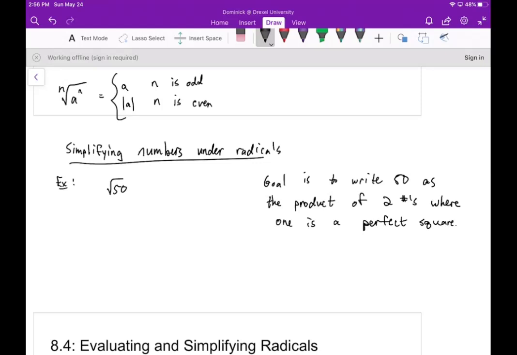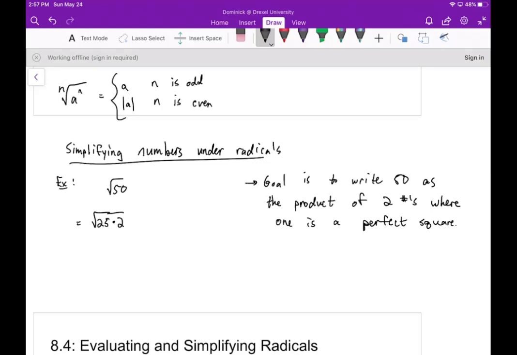Or if you had a cube root, a perfect cube, or a perfect fifth root, you want a perfect fifth power. So here we can write 50 as the square root of 25 times 2. If we take 50 and we write 25 times 2, that's the same thing. And the advantage of that is that 25 is a perfect square,